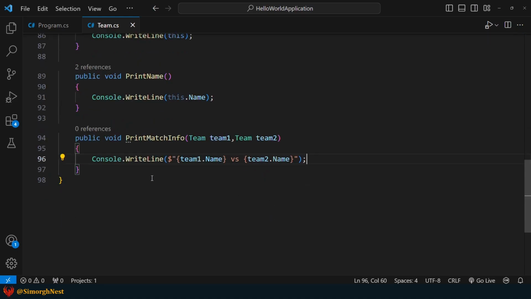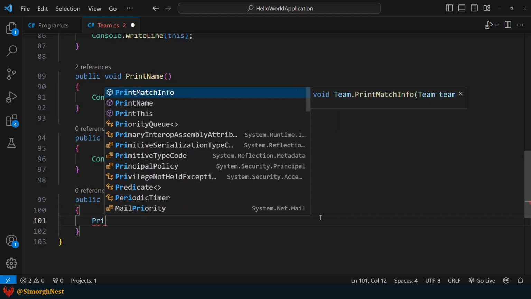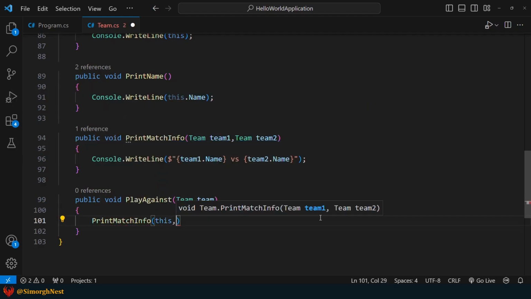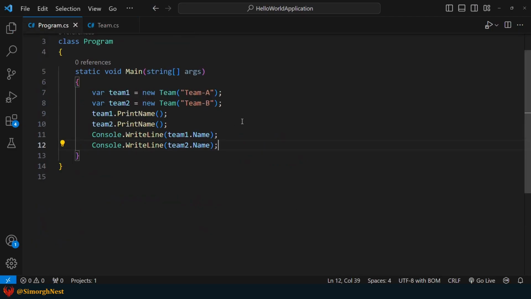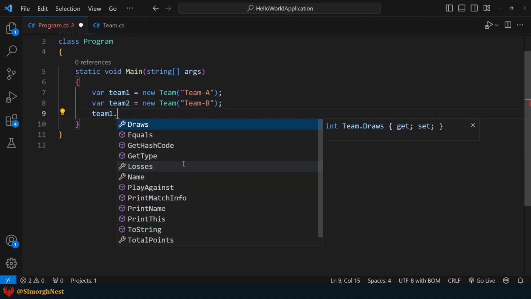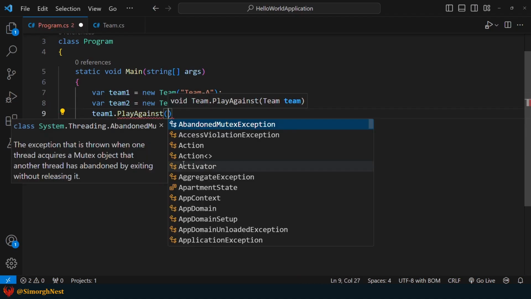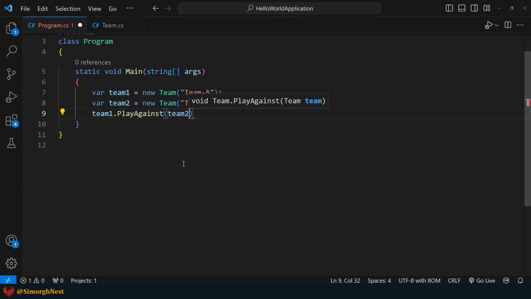Next, let's declare another method called playAgainst that uses the printMatchInfo method. Now, in the program class, let's call the playAgainst method for Team 1. Let's pass Team 2 as a parameter.